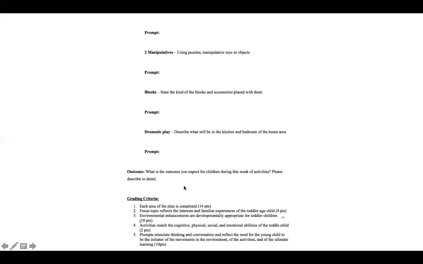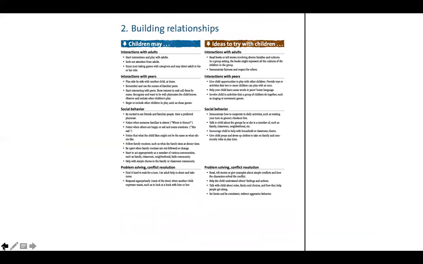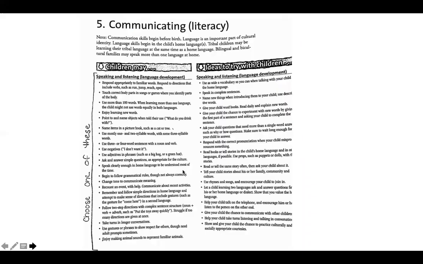This outcome should match your goal, right? And so these are the outcomes. So if we are looking at, sorry, let me look at that other document here, that give your child word books, read daily, and explain new words.